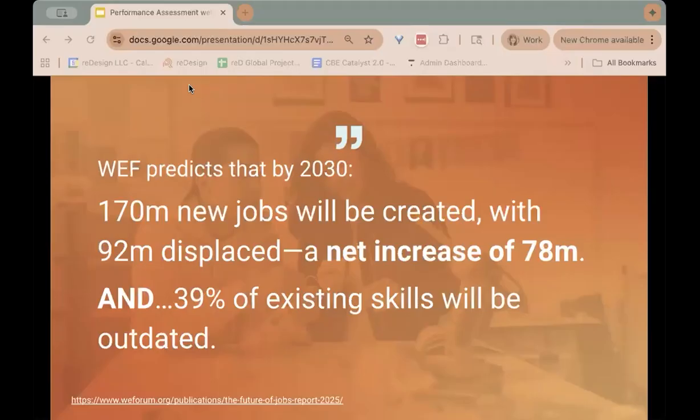And by 2030, 39% of the skills they have will be outdated. So we are really in a moment, for me, this makes me anxious on behalf of young people, where the mismatch between what they can do when they are leaving education and what quite literally people are predicting they will need to be able to do is vast.